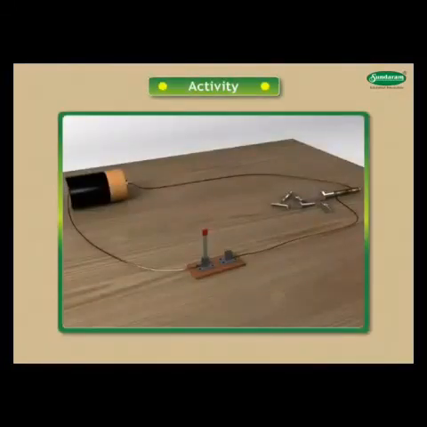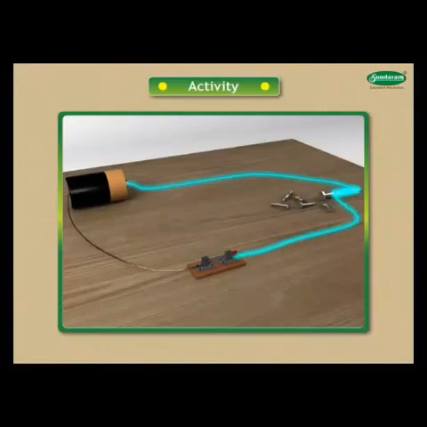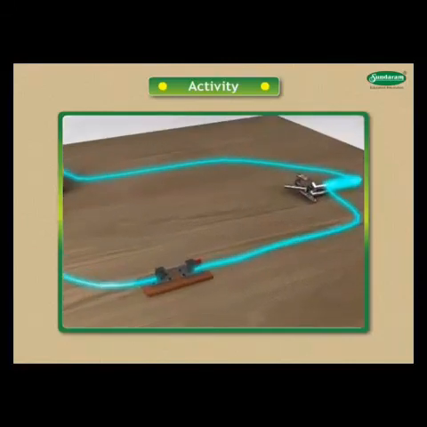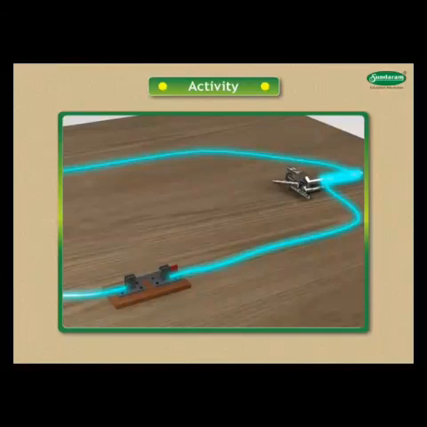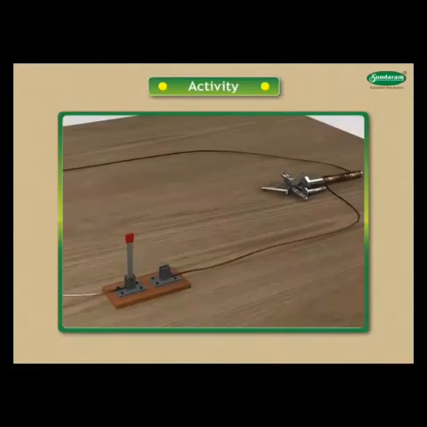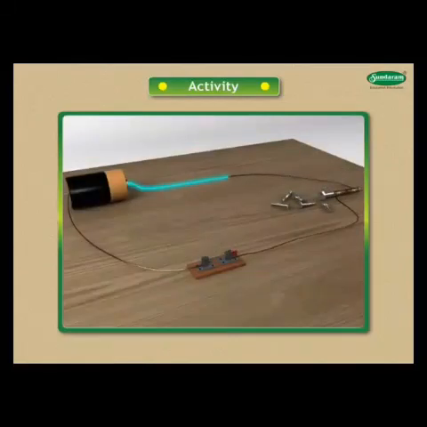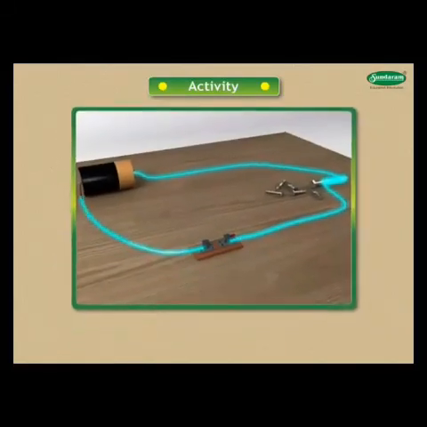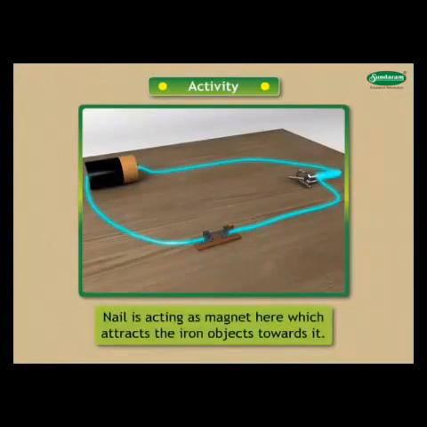Activity. Wind the insulated wire tightly around the nail in the form of a coil. Connect the free ends of the wire to the 2 terminals of the cell for a few seconds. Bring small iron pins near the tip of the nail and observe. Disconnect the wire ends and observe. Even after disconnecting the wire ends, pins get attracted towards the tip of the nail. Repeat the above steps again. What do you conclude? We can see that the nail is acting as a magnet here which attracts the iron